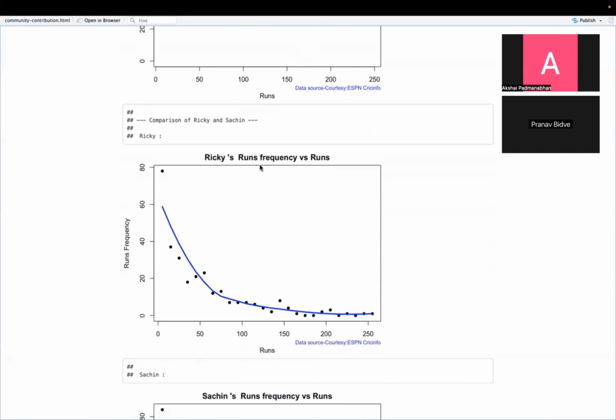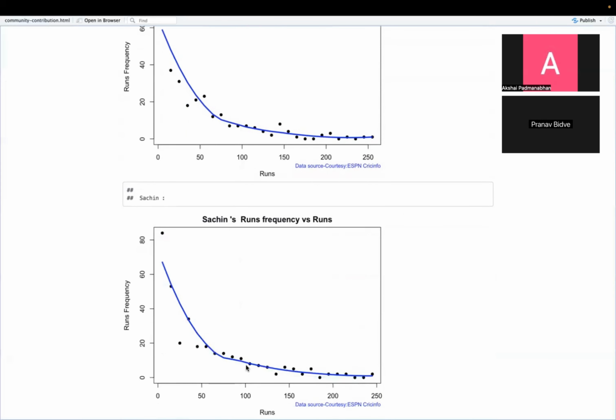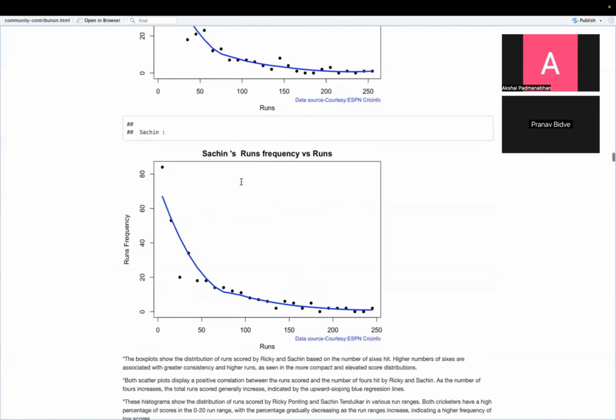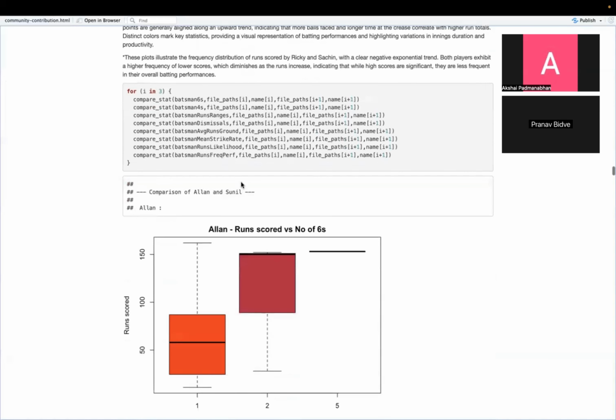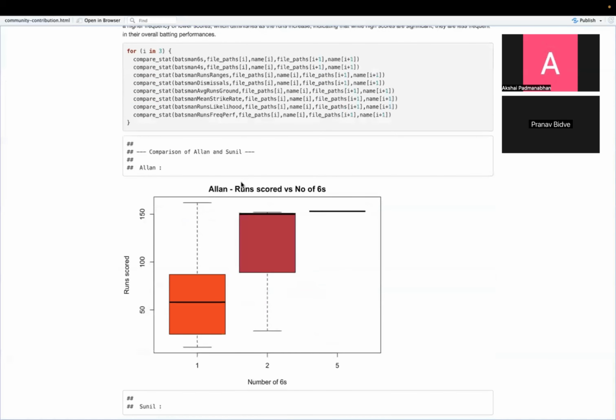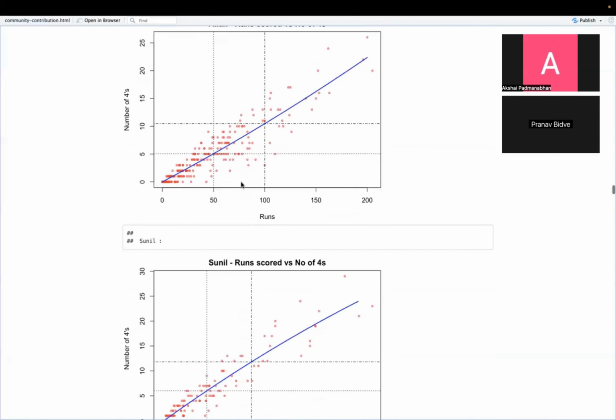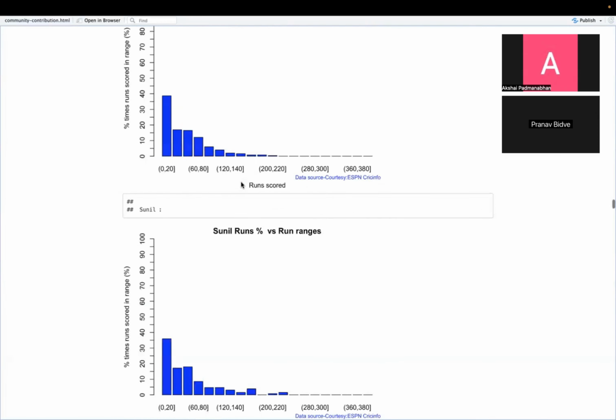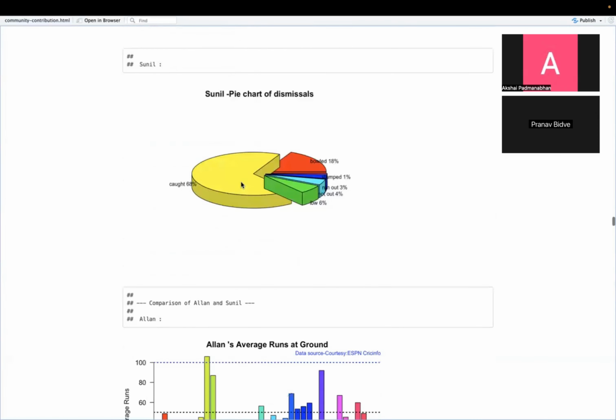We can see for Ricky's run frequency that he has scored fewer hundreds compared to Sachin, where Sachin is closer to 20, whereas Ricky is closer to 10. We did this similarly for all the top three players from each country, and we made those comparisons across all these performance metrics and gave comments over here. Moving on to the intent metric,